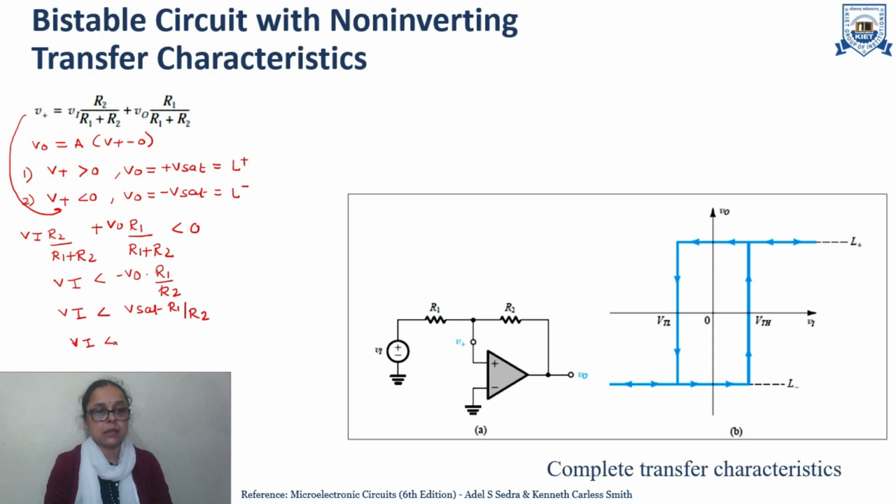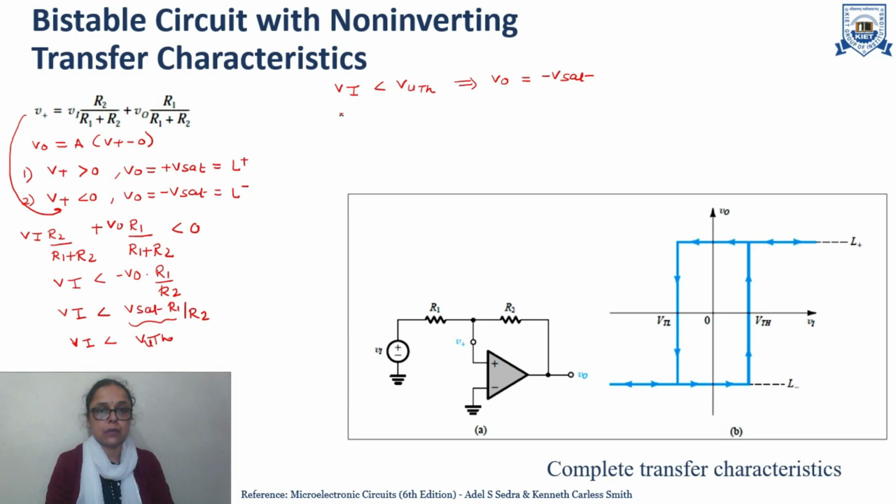This is the upper threshold voltage. So, the condition is whenever Vi is less than the upper threshold,